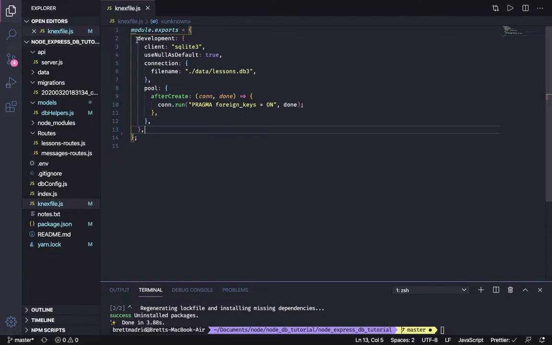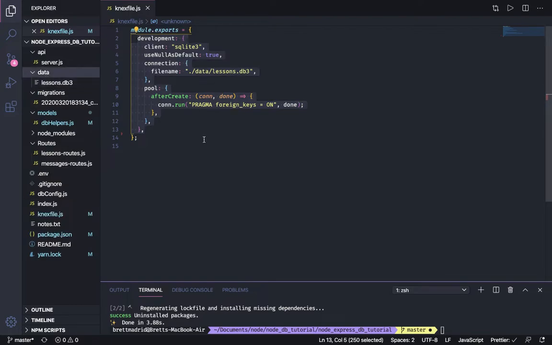Right now in our knexfile we have one object called development, and it is running a SQLite client. And then we have this object here that connects to the database, which is literally right here. Well, we're going to add another object now for production. And this object, its client